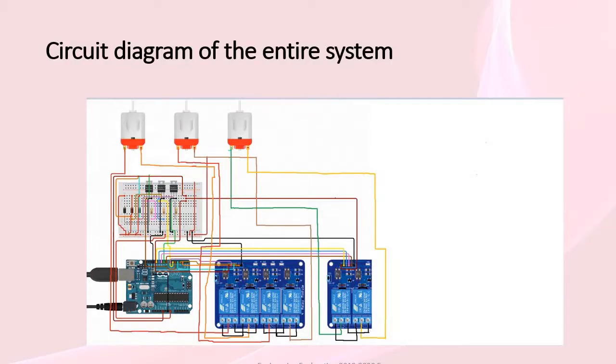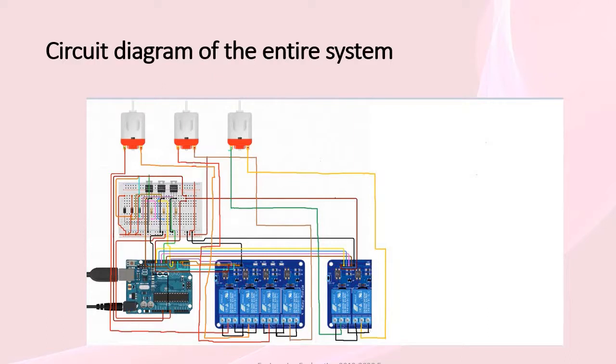This is a circuit diagram of our system. The components that we are using are 3 DC motors, 3 2-channel relay modules, breadboard, Arduino Mega and connecting wires. 3 DC motors are connected to 2-channel relay modules as shown in the circuit. These 3 DC motors are controlled by giving the input from keypad. Input given from the keypad is transmitted to DC motor using Arduino Mega.